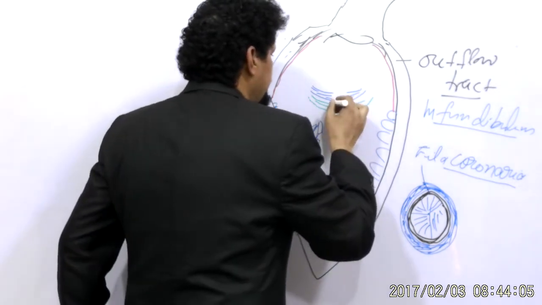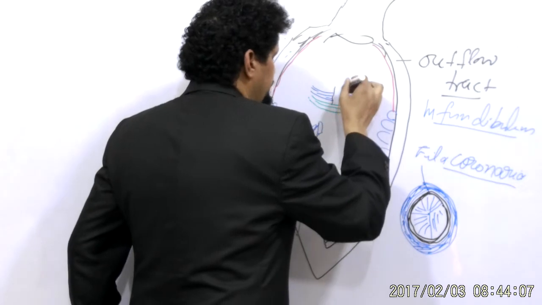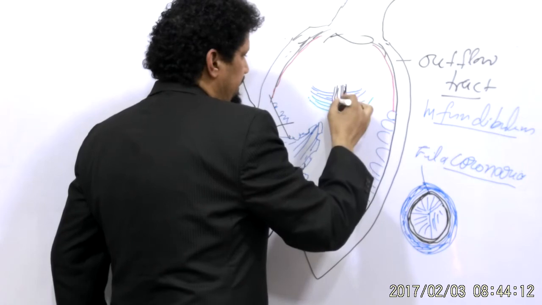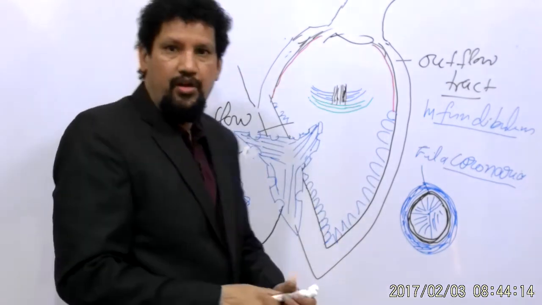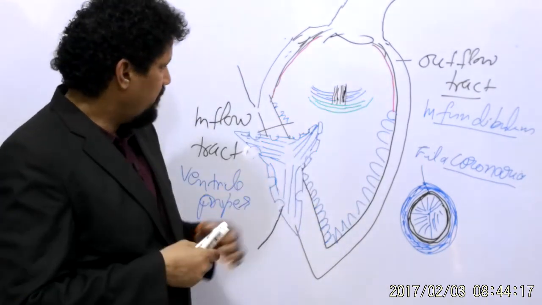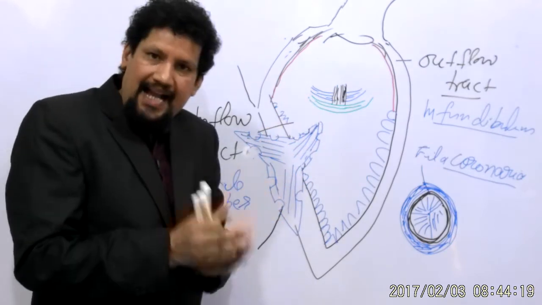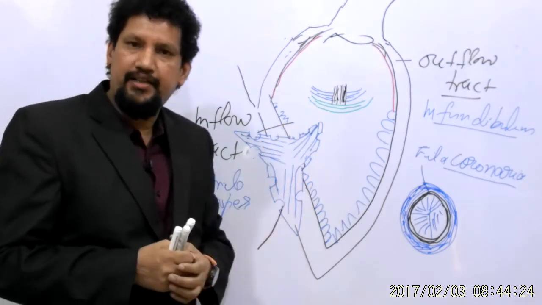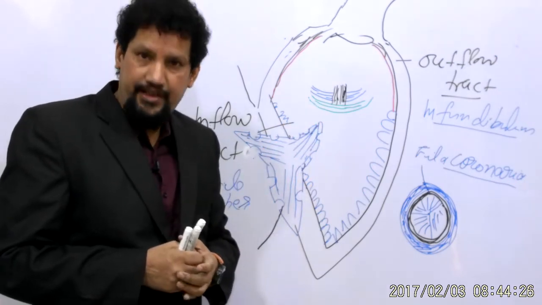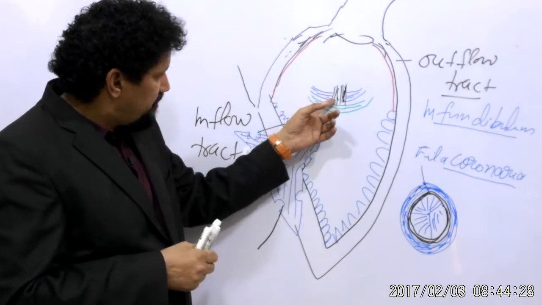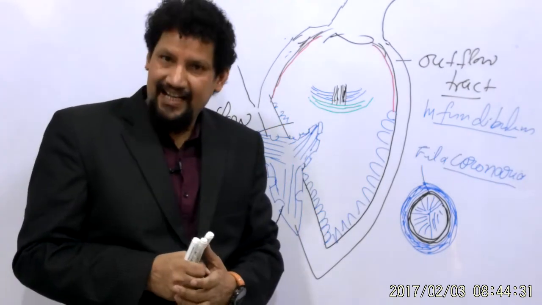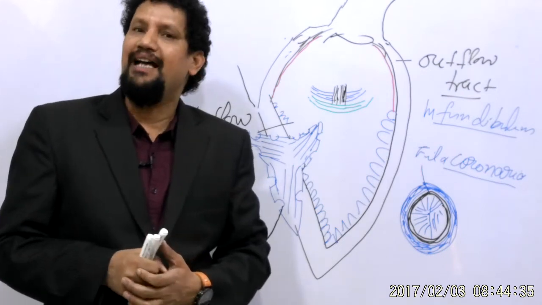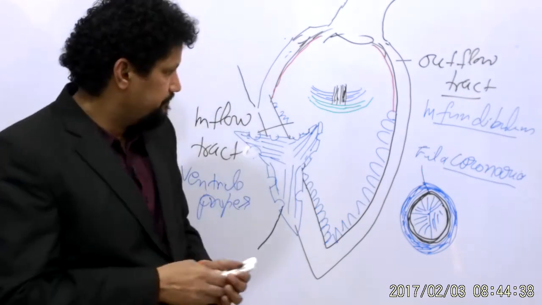And this is the cusp, or the part of the cusp, or simply the base of the leaflet or cusp. So, the base of the cusp is held by the anterior and the posterior layer of the fila coronaria. The fibers of the cusp which are held by the two layers of fila coronaria are known as lamina fibrosa.